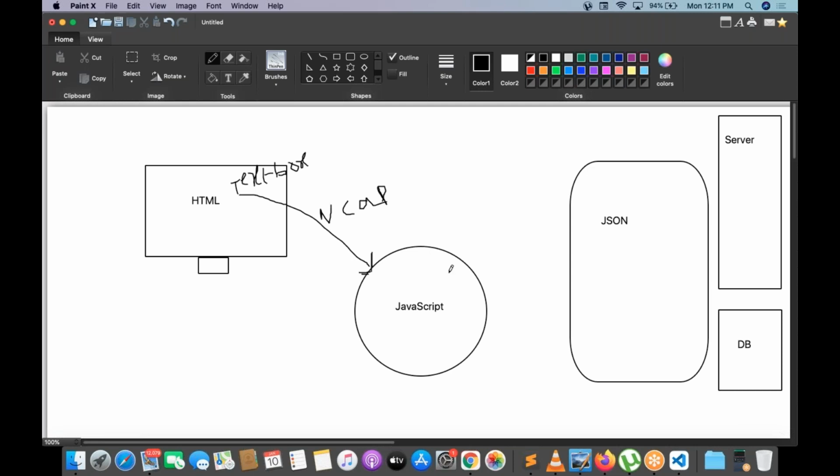Then the captured value is converted into JSON first. Without converting to JSON, the server can't understand.